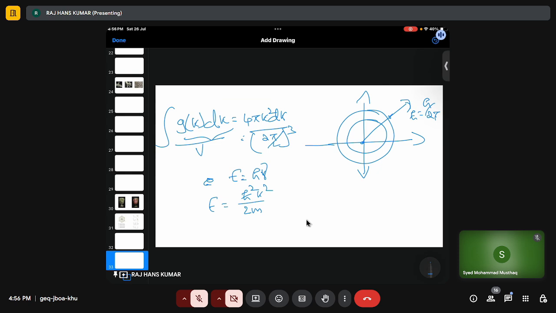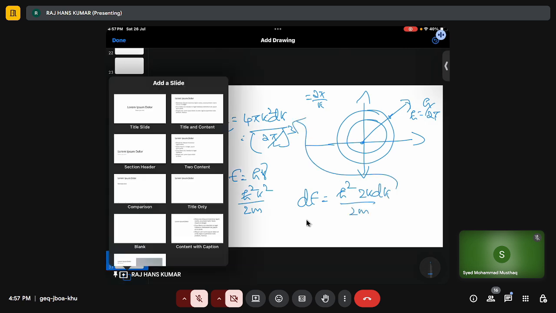Now we know momentum can be represented as 2π by k. So that's why this 2π comes here. It will become ħ. So ħ²k² by 2m. You just differentiate this first. Then dE will be equal to, this is constant, it will become 2k dk upon 2m. You substitute this dk value here, then we will finally arrive at